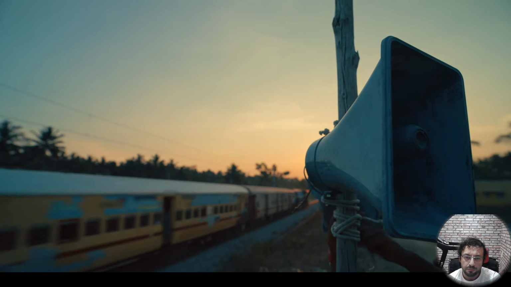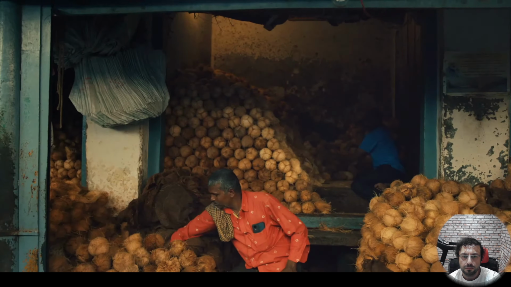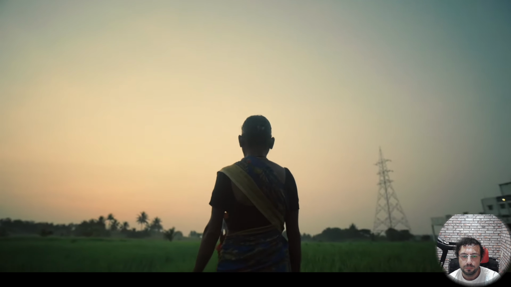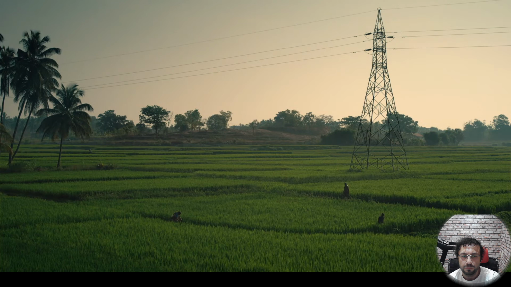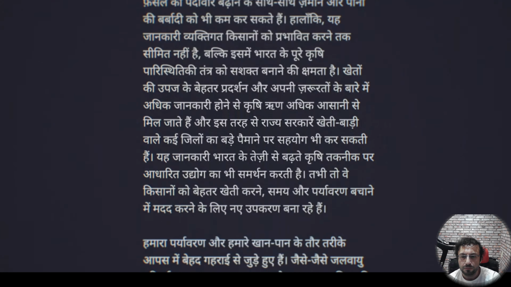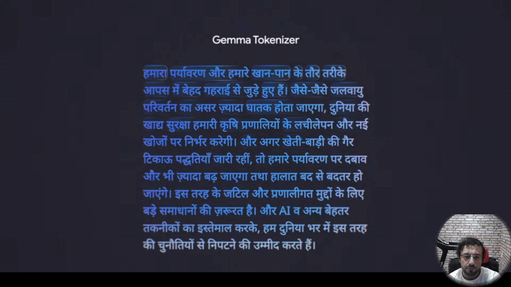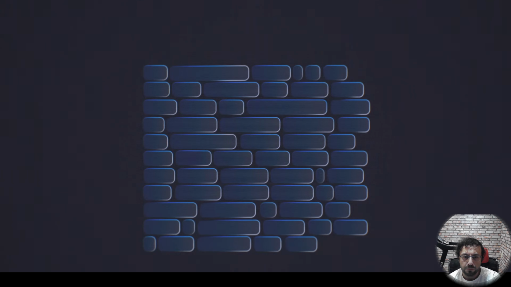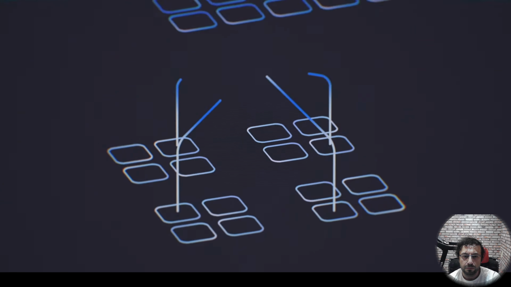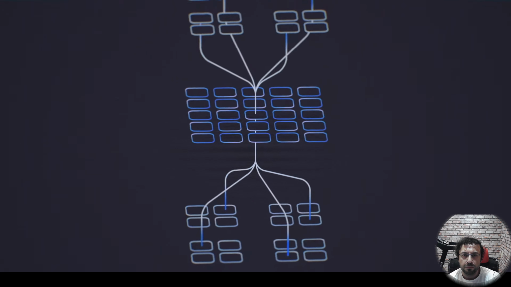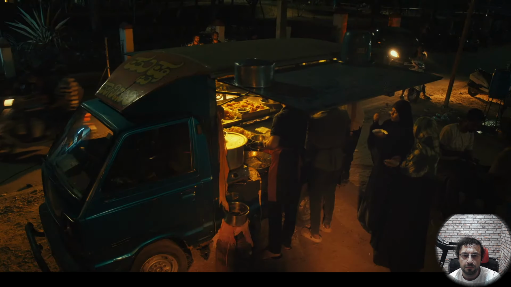Language is a very interesting problem to solve, actually. And given India has a huge variety of languages and it changes every 5 kilometers. When technology is developed for a particular culture, it won't be able to solve and understand the nuances of a country like India. One of Gemma's features is an incredibly powerful tokenizer, which enables the model to use hundreds of thousands of words, symbols, and characters across so many alphabets and language systems. This large vocabulary is critical to adapting Gemma to power projects like Navarasa.